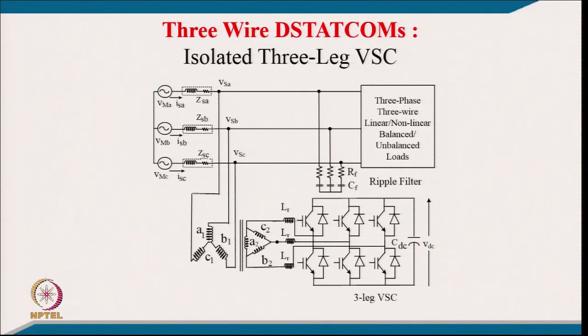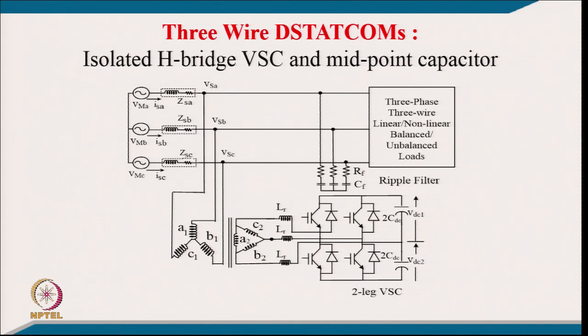I mean, take care of your interfacing inductance also. Well, we can have a now isolated single H bridge in this also. In place of 3 leg we can use 2 leg, but I have already mentioned the drawback earlier also: you require 2 capacitors to derive the midpoint, and a secondary disadvantage is that the entire third phase current flows